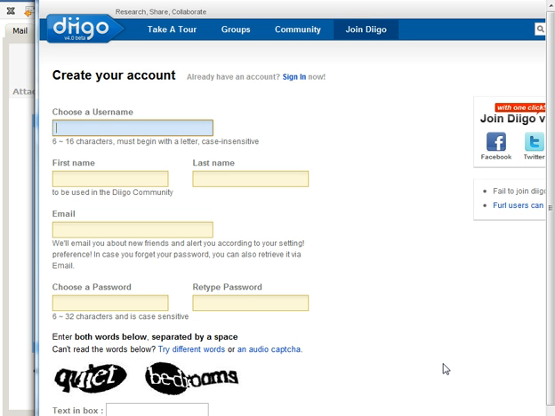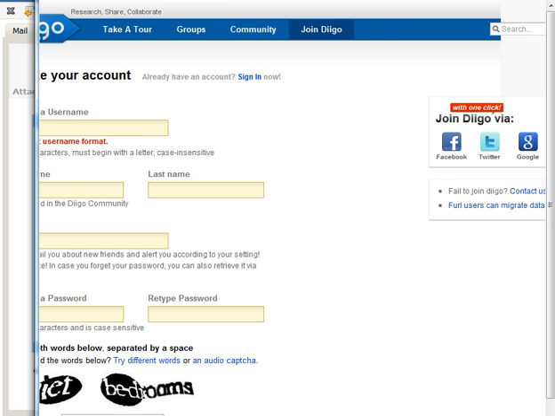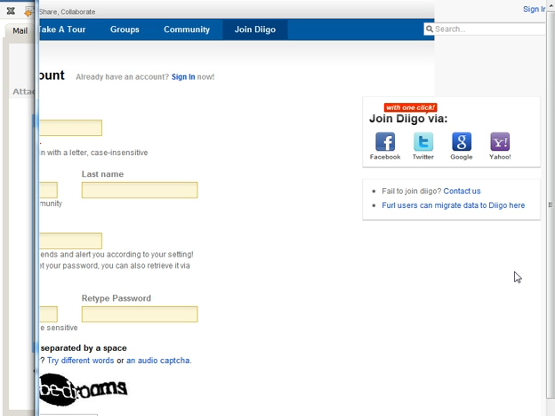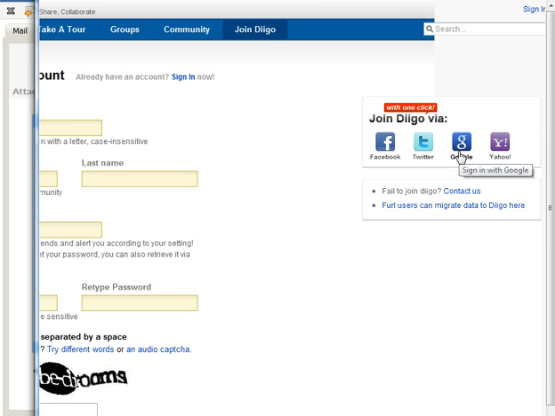Now I'm presented with two different ways of joining Daigo. There is the traditional way, which is to choose a username, put in your first name, last name, your email address, choose a password, and type in the box what those two words are, and this and the email prove that I'm a real person. But there's another way of doing this. The modern way is through something called OpenID, and this says it'll generate an account for me with just one click. To do that, I must have an account with Yahoo or Google, Twitter or Facebook,